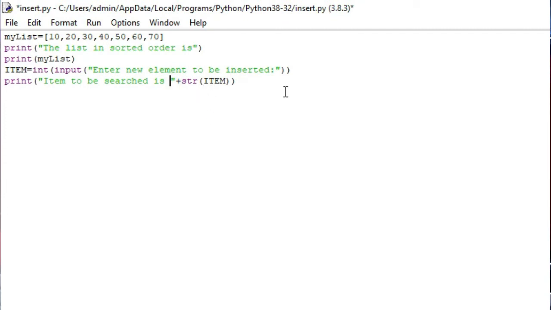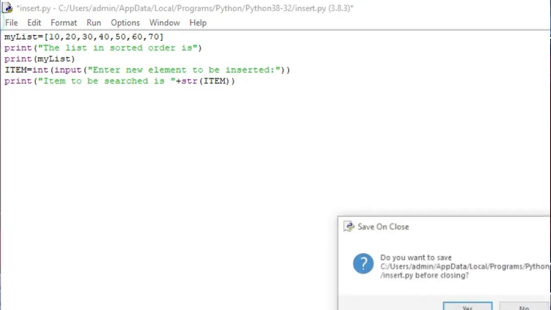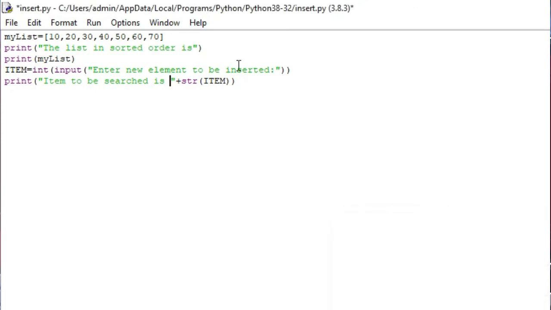Now the next thing which we need is a function called find position.